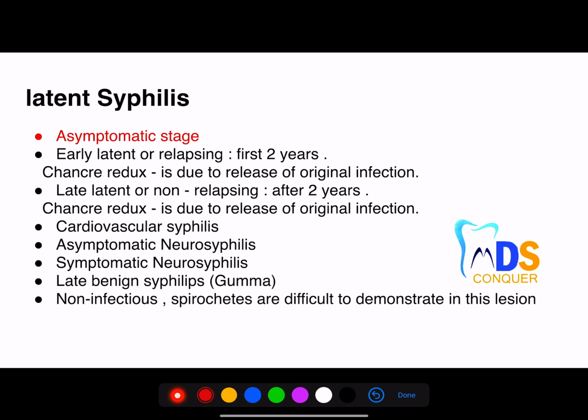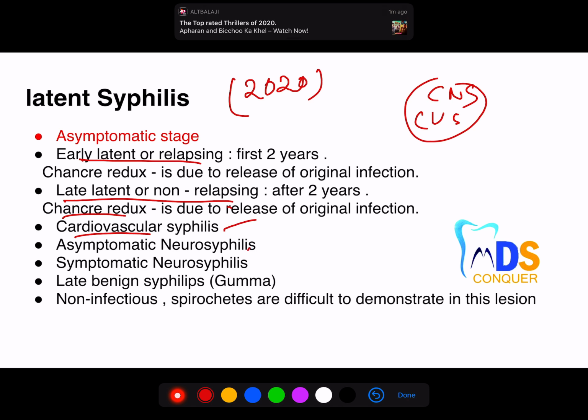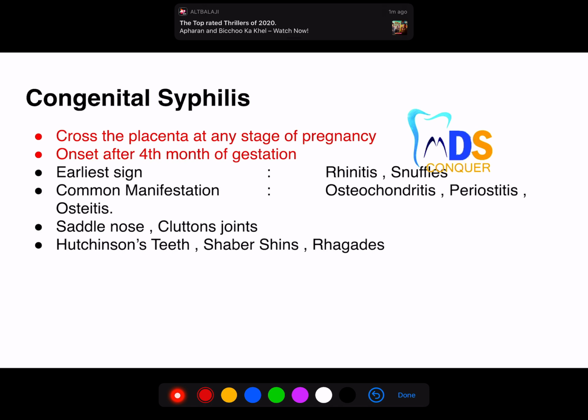Latent syphilis, this is again a direct question from our regular classes. Okay, 2020 NEET question, very simple, like latent syphilis. You can easily identify the latent syphilis or the tertiary syphilis by the CVS and CNS signs. Any CVS and CNS signs, you can identify that. So please do make a note of all this, CNS, CVS, everything, gumma. All these points are important.